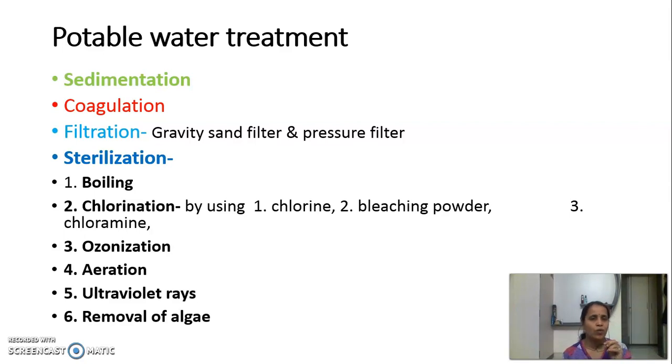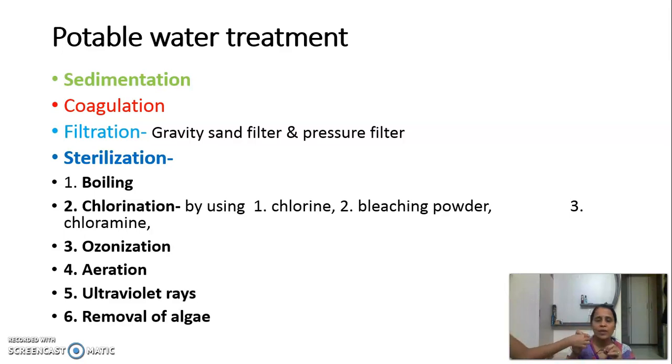Municipality most of the time sterilizes water by means of chlorination. Chlorination can be performed by using chlorine gas, or by using bleaching powder, or by using chloramine tablet. All these 3 techniques generate chlorine gas, which reacts with water to form hypochlorous acid. Hypochlorous acid forms nascent oxygen, and the generated nascent oxygen kills germs and makes water germ free. So remember guys, chlorination makes water germ free by means of generating nascent oxygen.